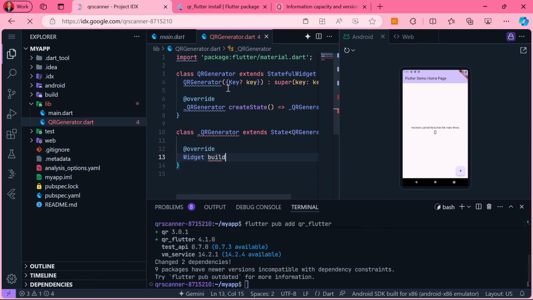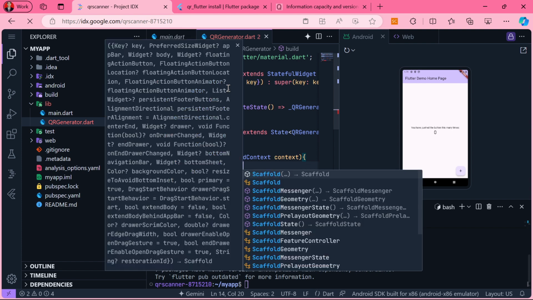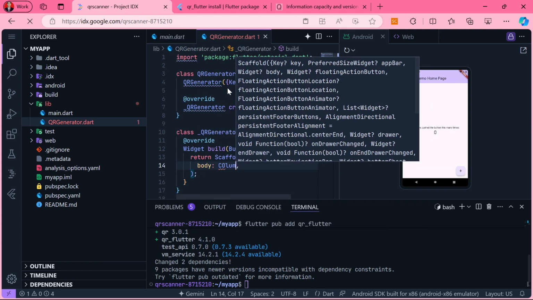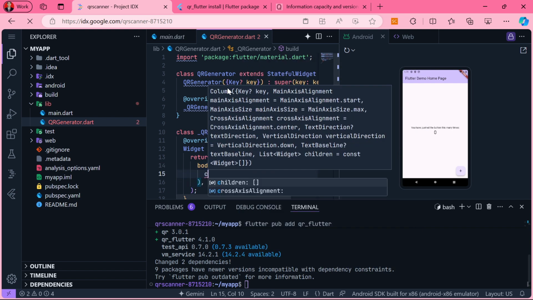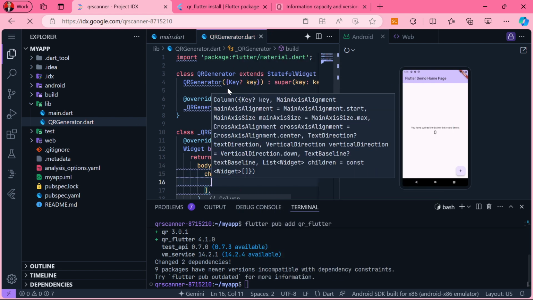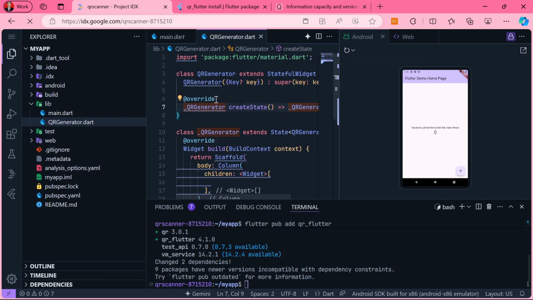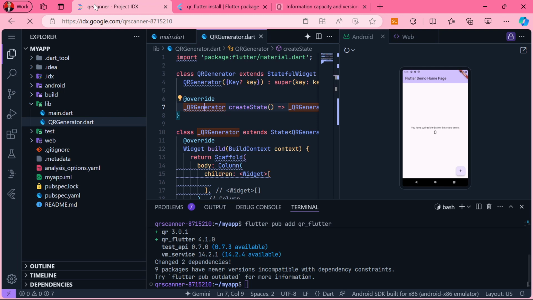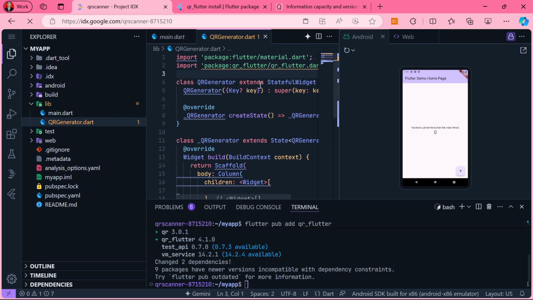Widget build, BuildContext context, then return Scaffold for now, body. And then we can use Column with children widgets, like this. So the first thing, after we install the dependency, we can paste the import like this, paste, and then